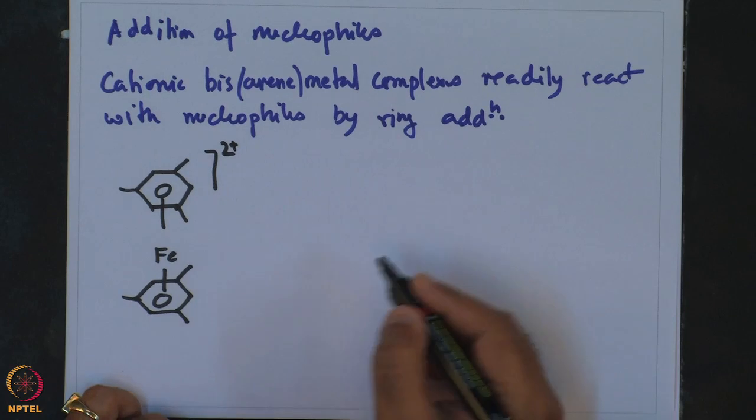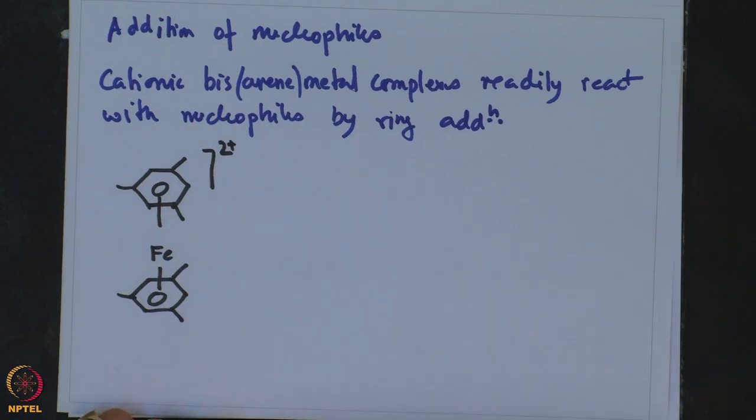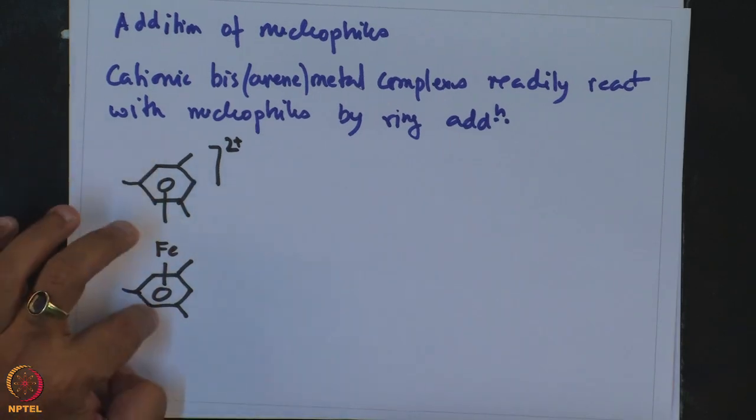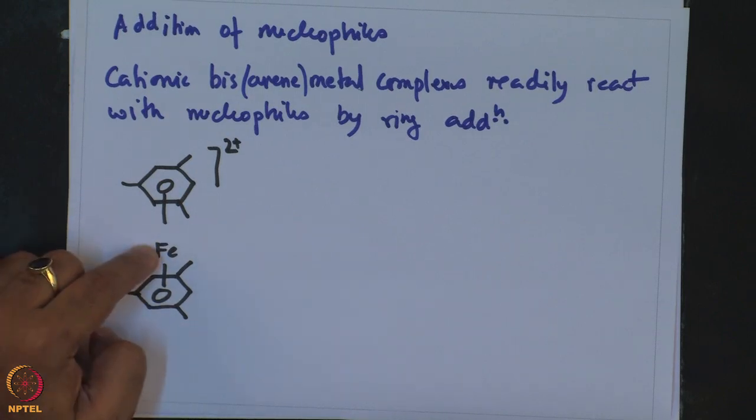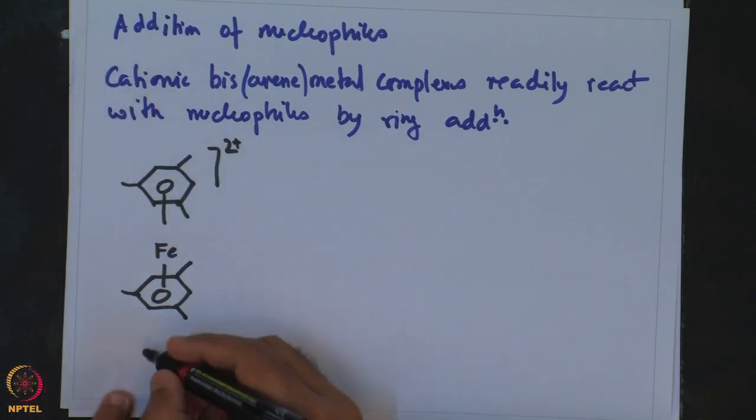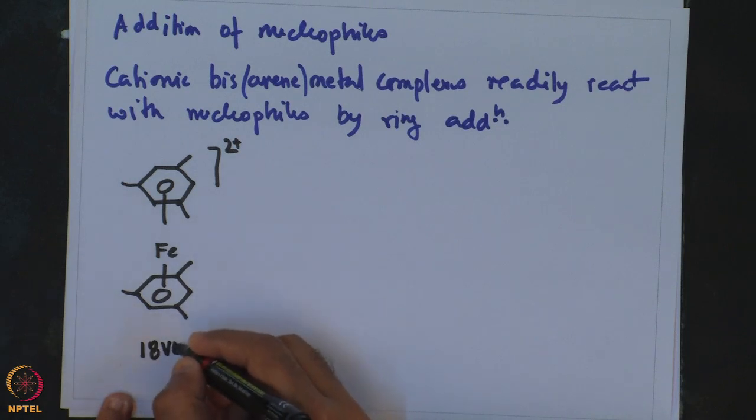This is a dicationic complex, so dicationic 18 electron. So, 6 plus 6 12, 12 plus 8 20, 20 plus 2 gives you an 18 valence electron compound